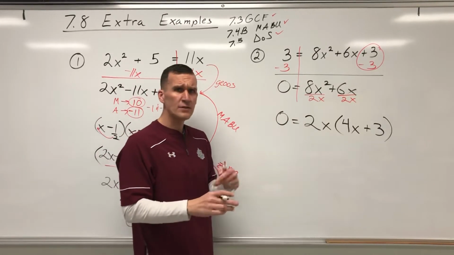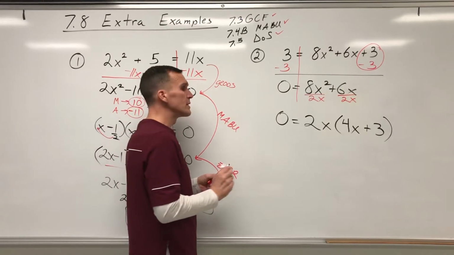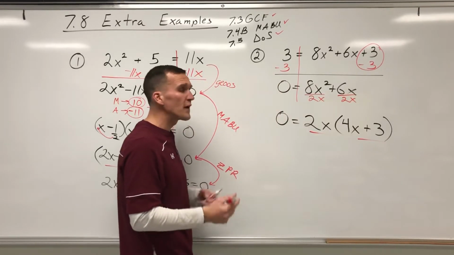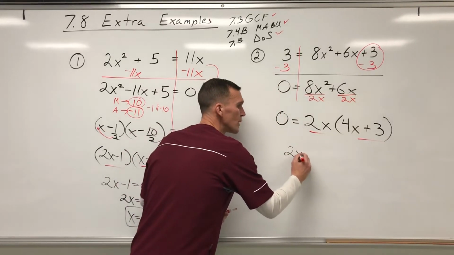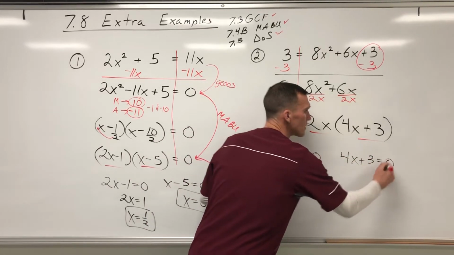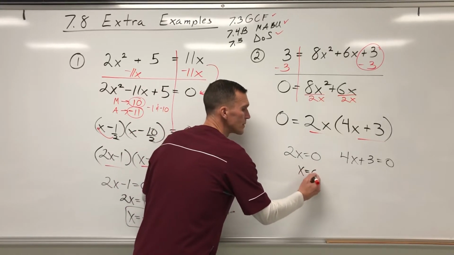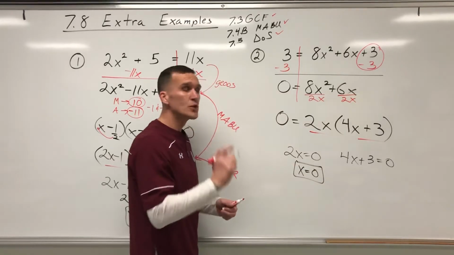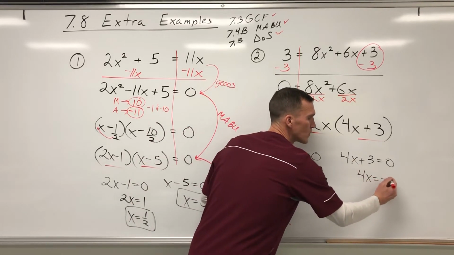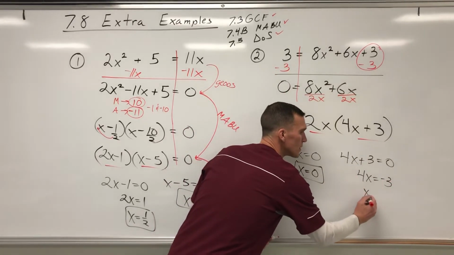So now that I have factored by greatest common factor, I can use the zero product rule. And my little melody says, front equals 0, back equals 0, or each factor can equal 0. I take 2x equals 0, I take 4x plus 3 is equal to 0, and I solve them separately. Divide by 2, your final answer would be 0. Here it's a 2-step process. When you minus 3, you will have 4x equals negative 3, and you will divide by 4 for a final